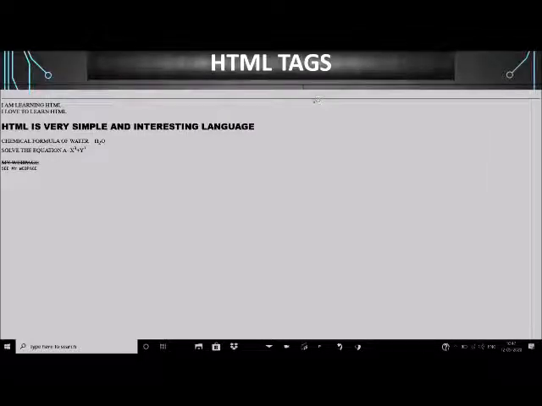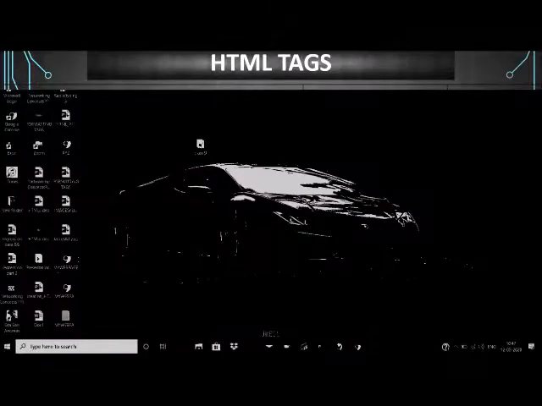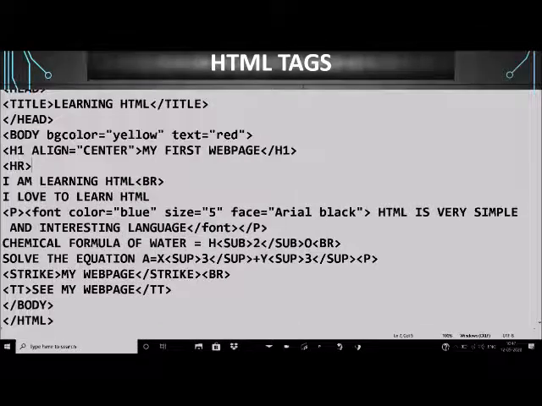Suppose we want this line to be a little thicker and we want to give it a particular color, then we can use a few attributes of HR tag, and those attributes are: in HR tag we will use the color attribute to change the color of the line.